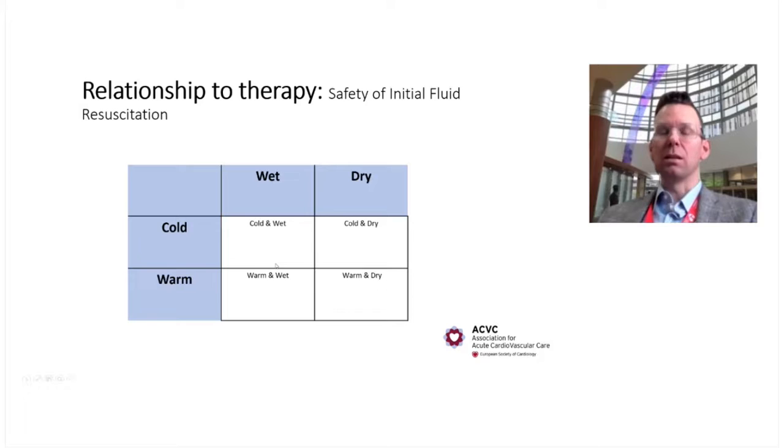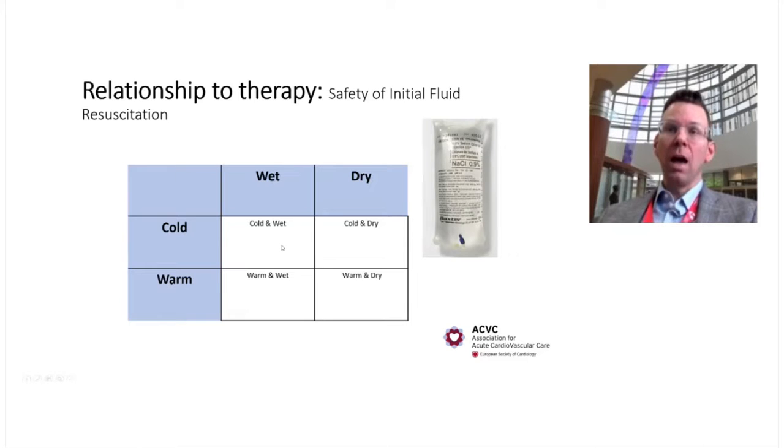Well, once you put them into bins, you have to think carefully about fluids, which is usually the fastest thing you can give to try and resuscitate somebody. So normal saline, for instance, if they're cold and dry, you can usually get away with giving them fluid. Now you're going to say, well, there's a cardiogenic and euvolemic phenotype in there. As long as it's small volumes, and in my experience, you don't know where they are on the Frank-Starling curve. So smaller volumes in the cardiogenic component can be helpful. And of course, if they're bleeding, blood might be preferable.